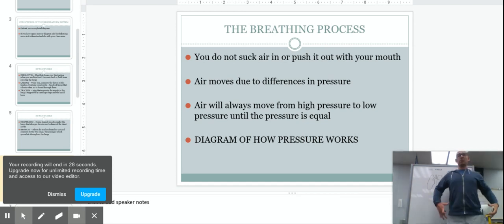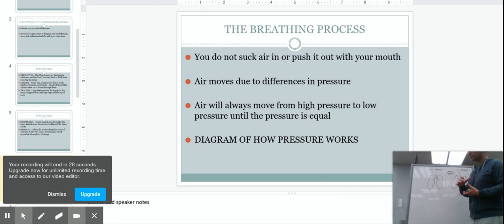Now the opposite is when we breathe out. As you breathe out, you feel your chest coming in and the diaphragm comes up. That shrinks the box, increases the pressure, and so air will be pushed out. So let's say making this box smaller makes the inside pressure 5. So we get movement